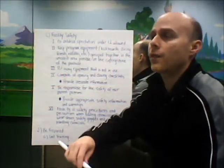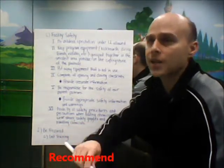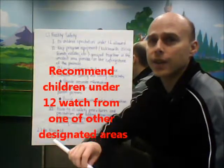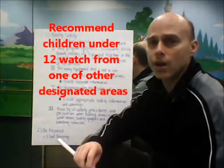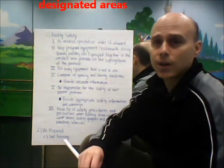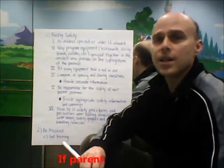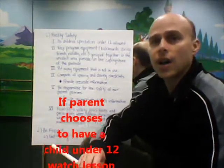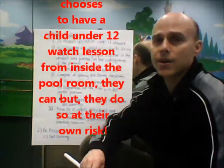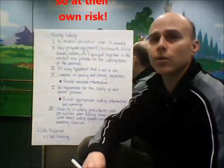So in other words, if there's a 4-year-old in class and their 6-year-old sister wants to watch the class, she needs to watch from one of the other designated areas, such as the playroom where she can watch on video, or the patio where she can watch through the window. She can come in at the start of class with mom to help her brother or sister get ready for class. She can come in at the end of class to help them leave at the end of class. It's okay if they come in intermittently with the parent, if the parent desires to take some pictures or some video. We just don't want, as a general rule, to have a lot of